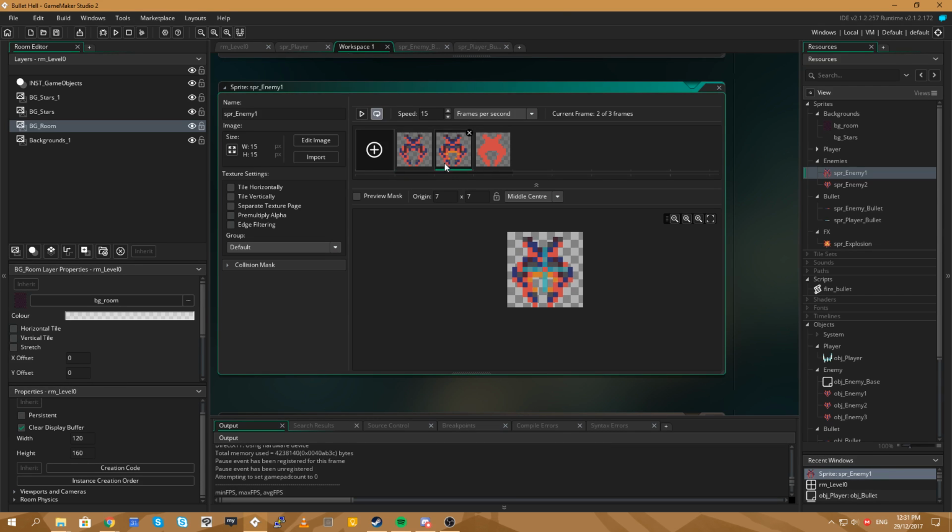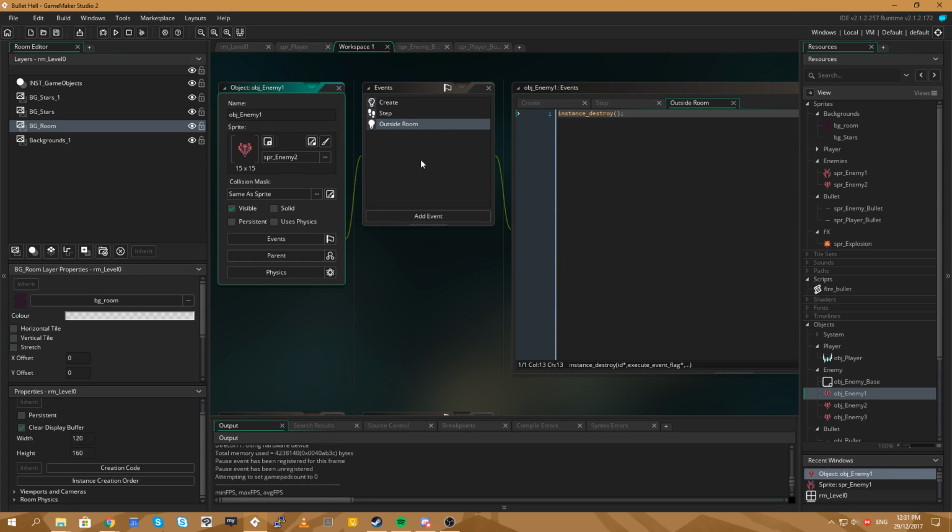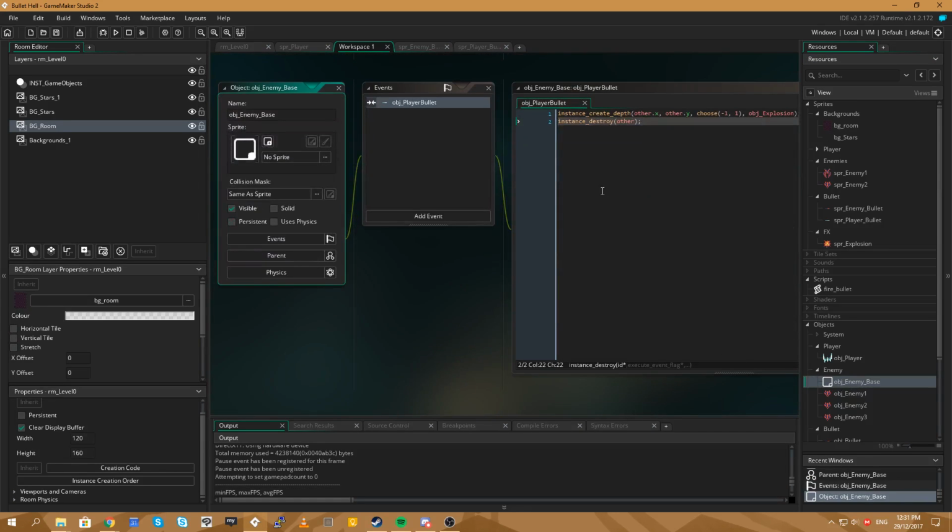I'm just wondering how we can do this quickly. We can't animate them, so we have to make it so that when they hit, they flash to this for like one frame, and then they go back to that. So let's say when the enemy has collided with a bullet. Yes. So when the enemy has collided with a bullet, image index equals 2.